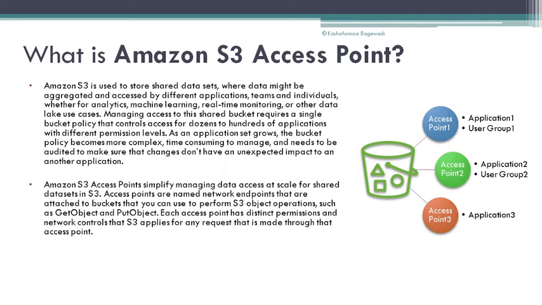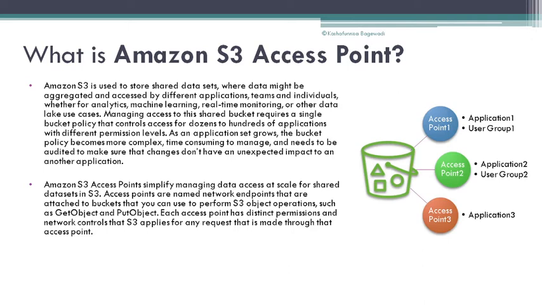access point. So suppose in your Amazon S3 bucket you have different data sets, as you can see in this diagram. You want to access different data sets for different purposes. Suppose for application 1 or user group 1, you can create one access point, that is access point 1. For another purpose, suppose for application 2 or user group 2, you can create another access point, that is access point 2. And for application 3, you can create another access point, that is access point 3. So you can create multiple access points for your different use cases or different purposes.